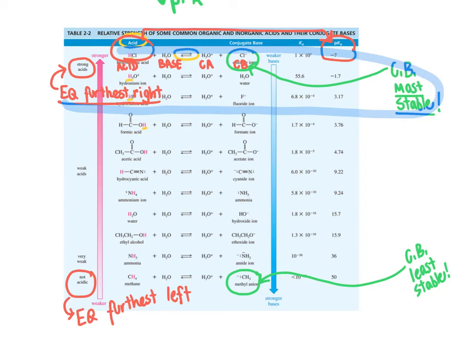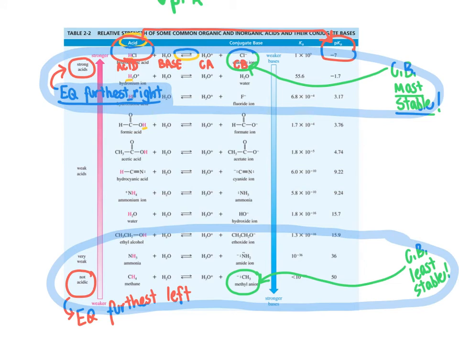So strong acids are going to give way to very, very stable conjugate bases, and the equilibrium is going to lie very far toward the side of that conjugate base because the conjugate base is very stable, and these acid-base reactions really want to favor stability as much as possible. On the flip side of the coin, if we come down here to the bottom of the table,